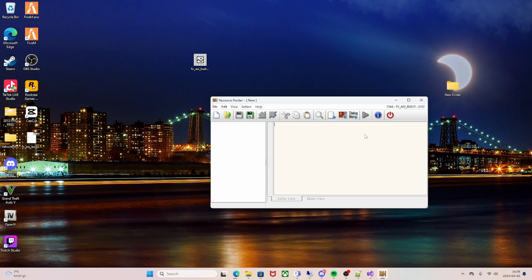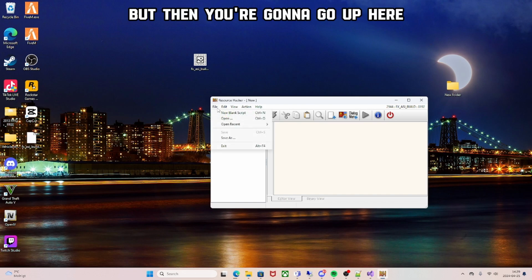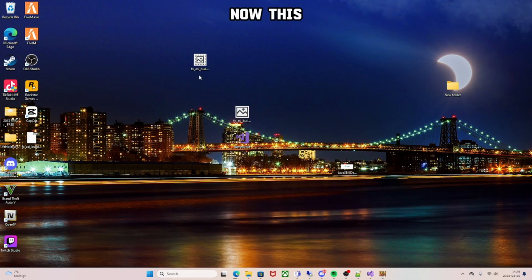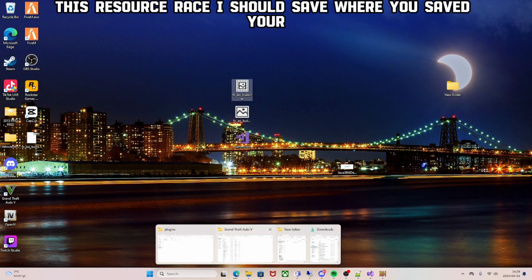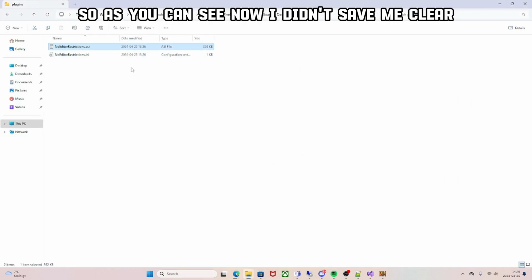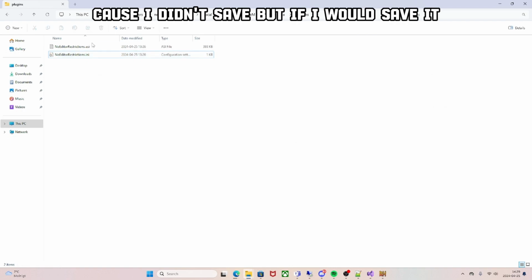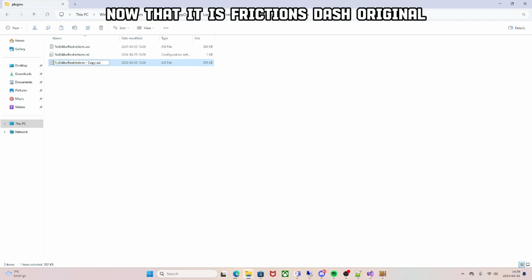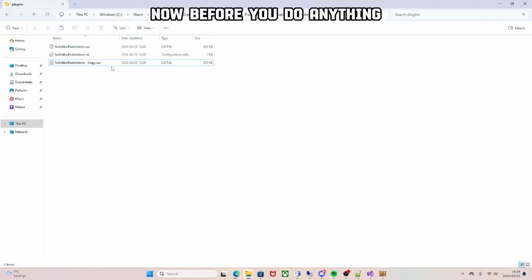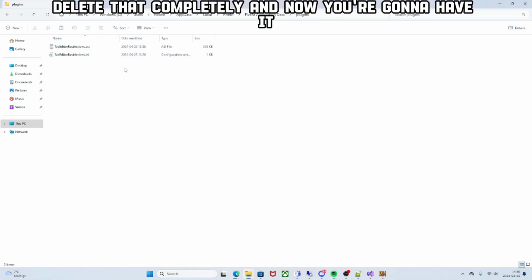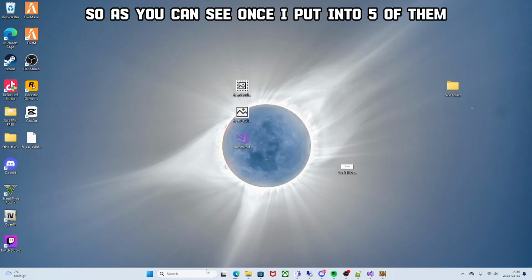Oops, now I did something stupid. But then you're gonna go up here, and if you did everything right, this save button shouldn't be grayed out, and you press that. Now this resource or ASI should save where you saved yours. So as you can see now, it didn't save for me, clearly because I didn't save. But if I would save it, it would come up as a little file named NoEditorRestrictions-original. Now before you do anything, you delete the one that is named -original, delete that completely, and now you're gonna have it. So as you can see, once I boot into FiveM,